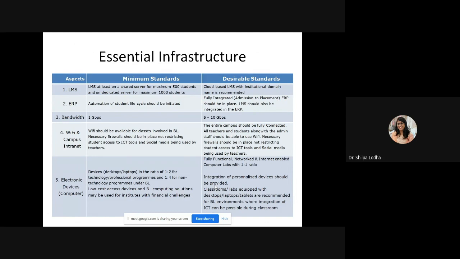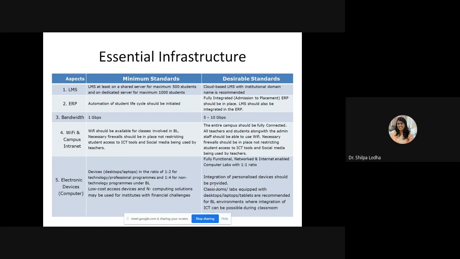Although these things are all given in the concept note itself and you can read them there, I would consider it as a law, because how can we say whether we are going through a blended learning environment efficiently or not? It can be testified using certain parameters which we have set for different aspects of blended learning. So these are the various aspects.